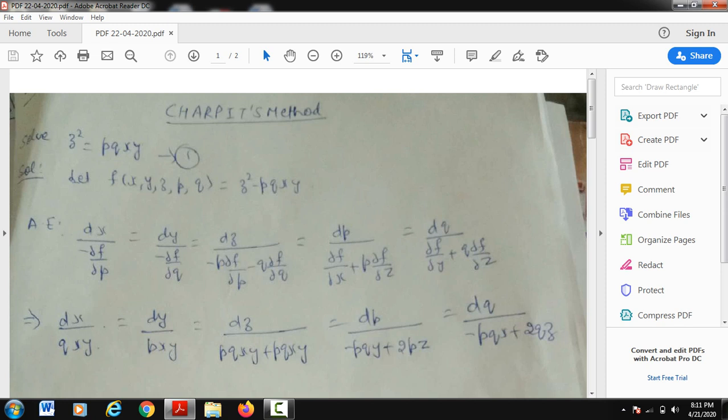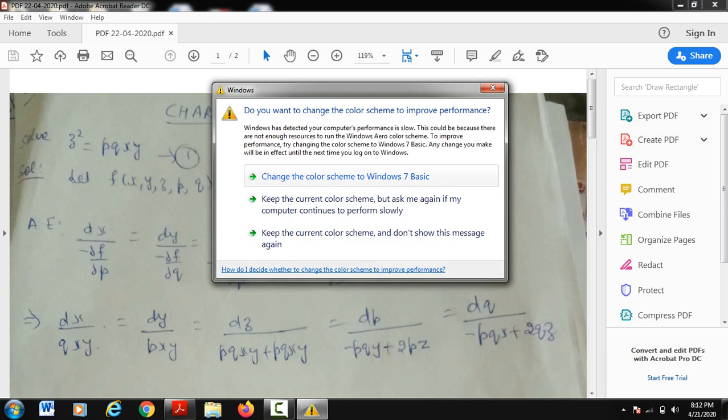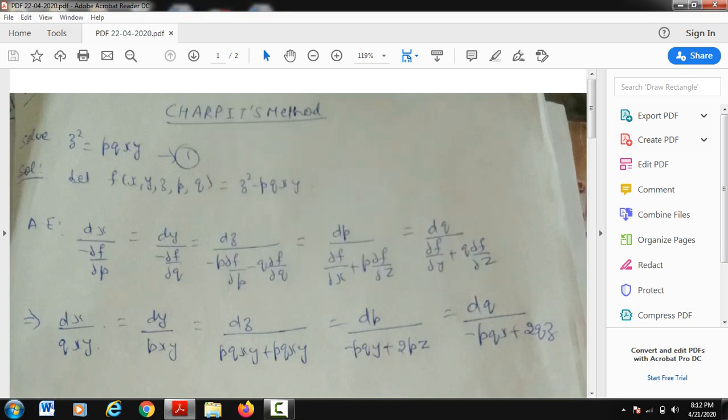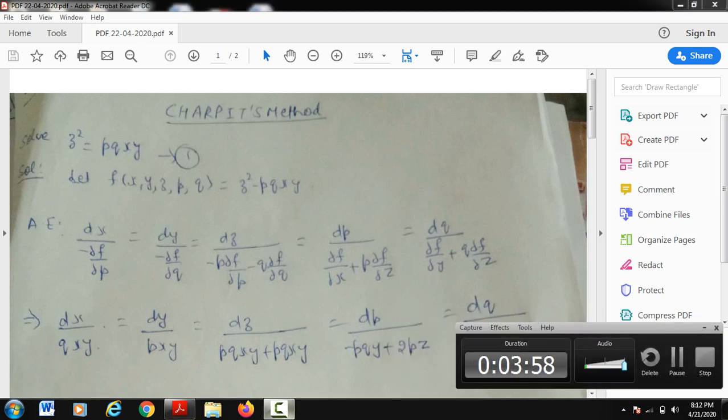Sometimes it is mentioned in the question paper to solve this partial differential equation by using Charpit's method. But even if it is not mentioned, you must know the application of Charpit's method. If a numerical is there in the question paper that you have to solve a partial differential equation, then you can use Charpit's method also. Later on I will discuss one more method to solve the linear partial differential equation. So let us illustrate this method with the help of an example, so that the concept will be clearer to you.